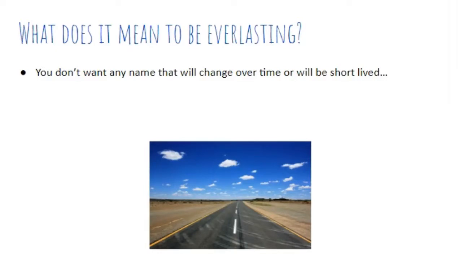Well, first of all, you don't want to pick a name that's going to change over time or be completely short-lived. Maybe it's trendy or in the moment. But for example, you wouldn't want to pick something like Young Tan Mountain Climber, because odds are you won't always be young, you might not always stay tan, and mountain climber, although that's a niche, it is going to put you in a very small niche.